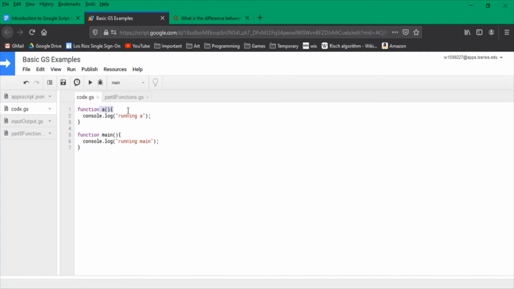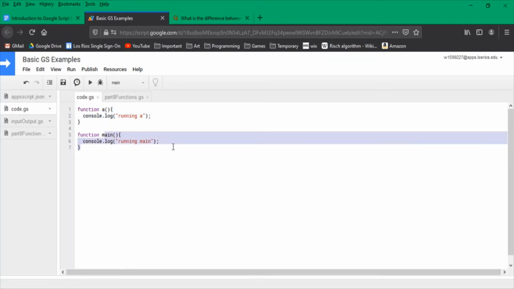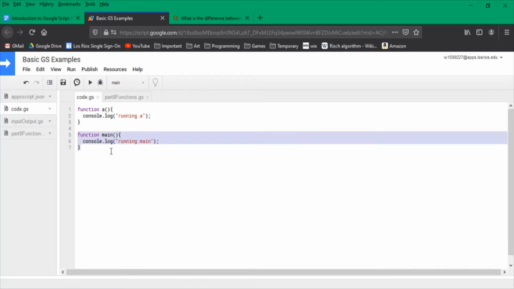We have a, which says it's running a, and main, which says it is running main. Each of these is a function definition. It isn't telling the computer to do something, it is telling the computer how to do something. To tell it to do something in Google Script, we use this section here. In other programming languages, you use something else. So I'm going to tell it to run a,